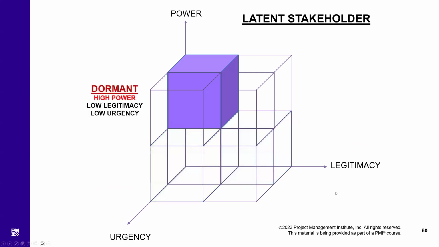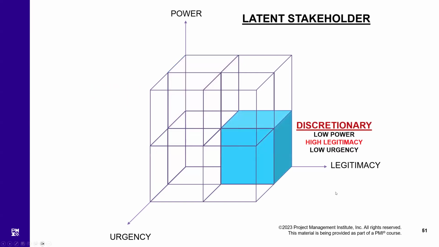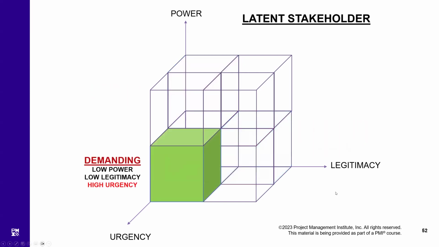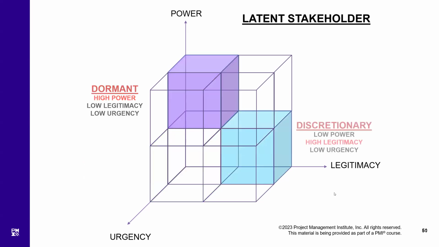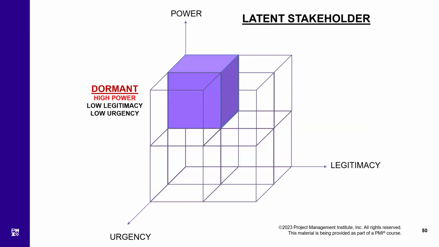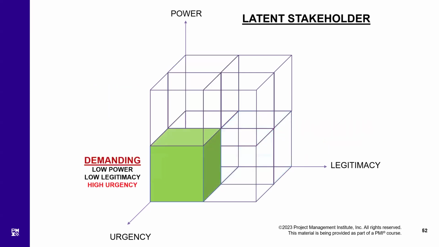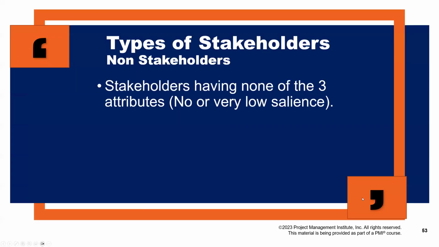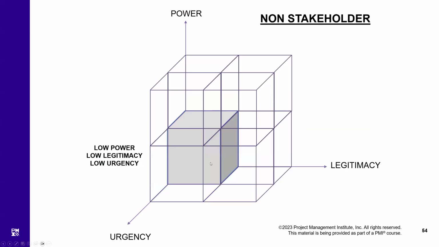This is the dormant one, this is the discretionary one, and this is the demanding one. Going back, can you understand that? Can you make sense out of it? And then we have the eighth stakeholder at the back, at the bottom, the cube which is hidden away,